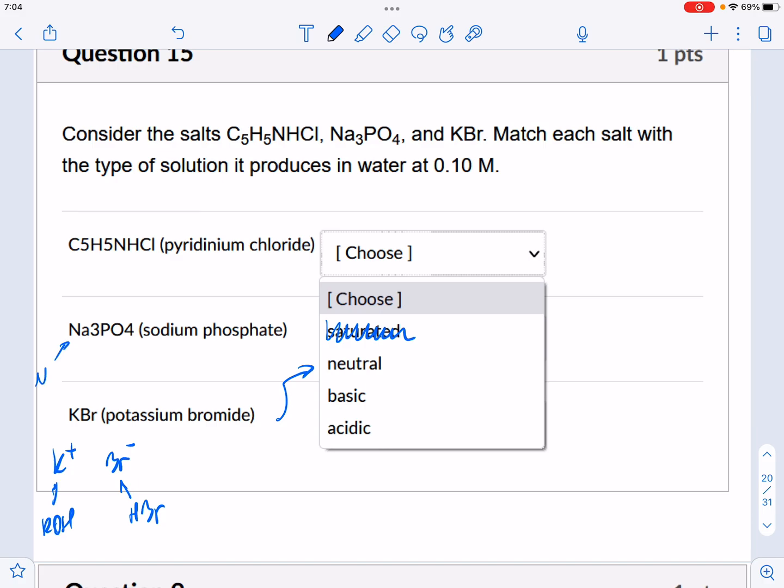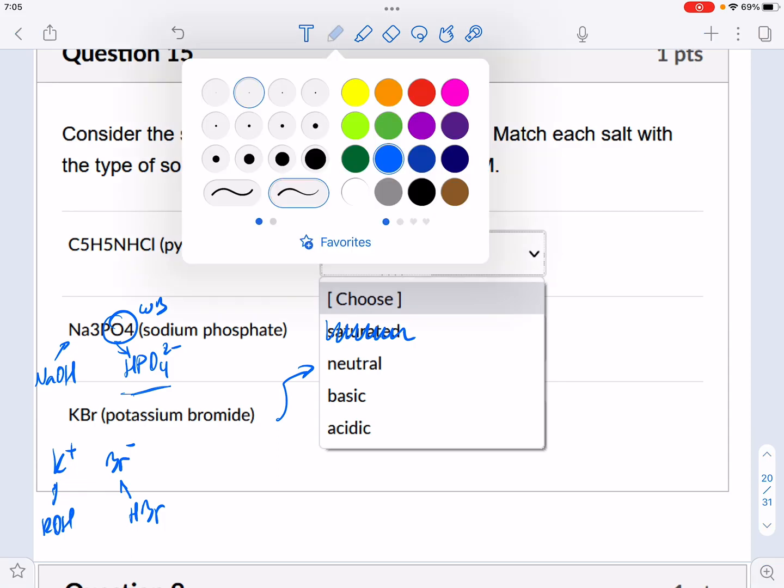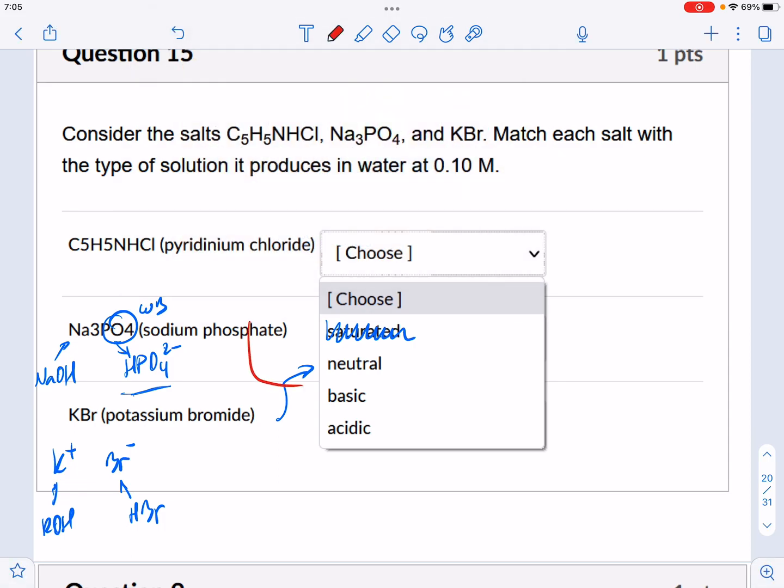Sodium has a similar origin, it's coming from sodium hydroxide, but PO4 is coming from HPO4, okay? And as such, it's an acid, it doesn't look like the list of strong acids that we have, so this is a weak acid. Therefore, this PO4 is going to be a weak base, and therefore this one will be basic, okay? Now this is pyridinium chloride,